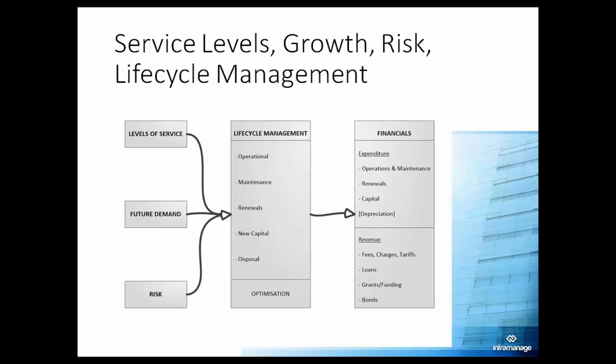What isn't on this diagram, because I've tried to produce it for maximum simplicity, is inventory. It's just assumed that you will have an inventory before you start trying to make all the rest of those decisions. One final thought on the inventory piece, tying it back to Flint: when Flint happened, a logical question that started being asked all around the country is, do we have the same problem? Are there lead service lines in our system? And many utilities didn't know the answer to that question.